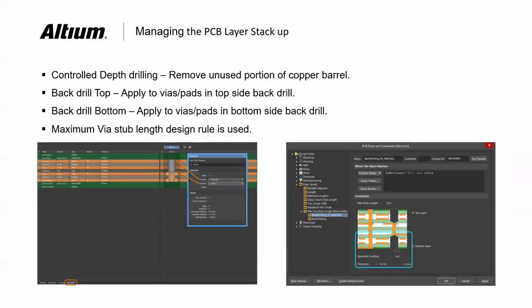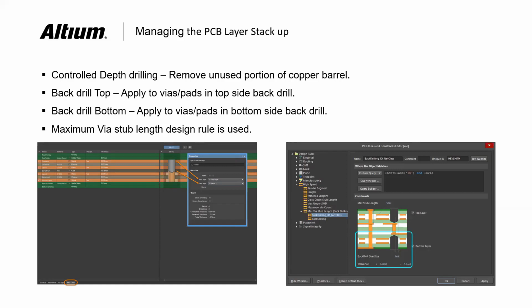So what is the purpose of this back drill? It is mainly for reducing or removing the excess copper in your through hole pad or the vias. Normally back drill is used in high speed design. Taking an example, I am using a through hole pad for a 10 layer board, but my signal only passes from the first layer to the fourth layer. So the remaining through hole pad, from the fifth layer to the 10th layer, is excess copper